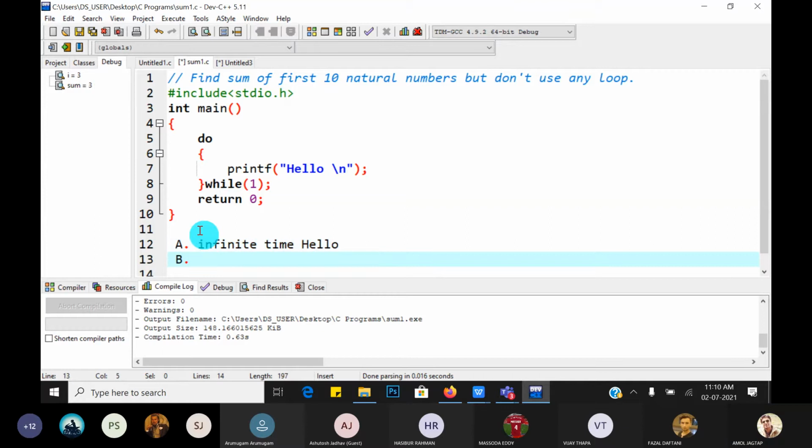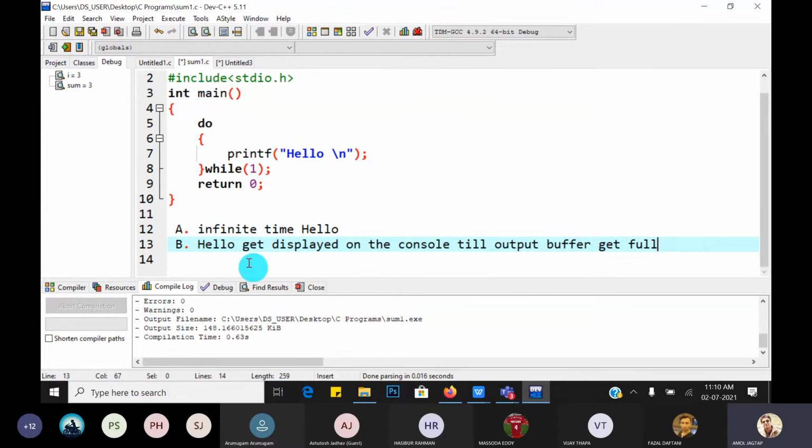B, hello gets displayed on the console till the output buffer gets full.